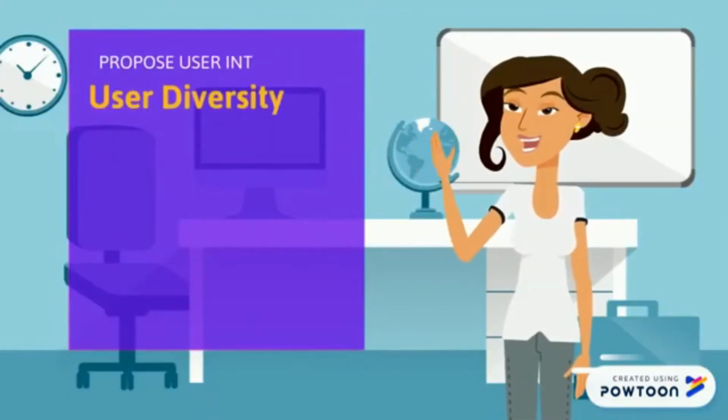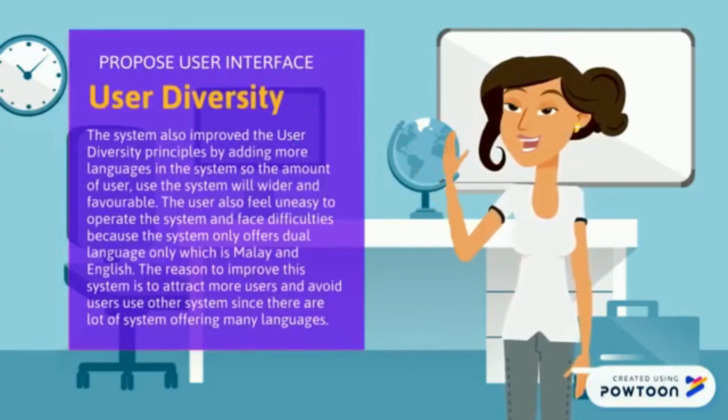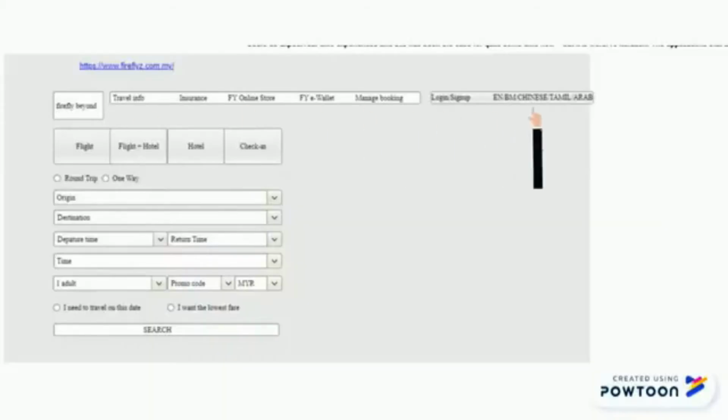Proposed user interface, user diversity. The Firefly system only offers dual languages, which are Malay and English. By improving the system and adding more languages, it can attract more users. The term near the language bar is modified language bar, which is a user interface, while the term near the